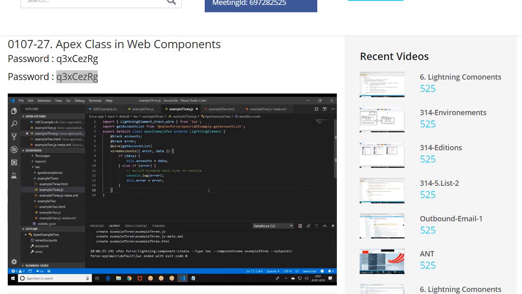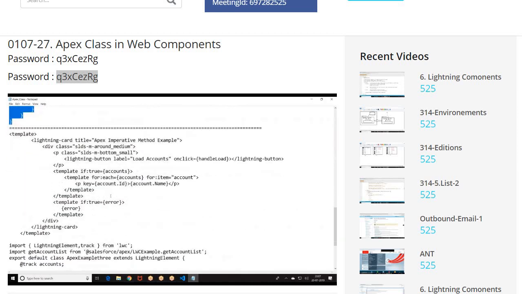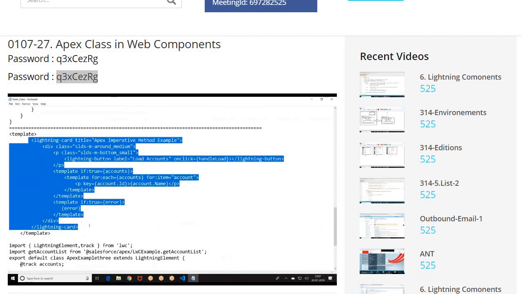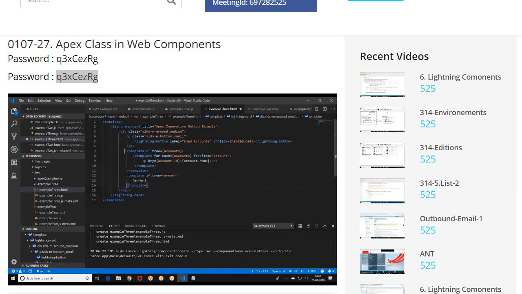Now, move on to the template. We want to create a template and display the data. Go to the template. The same program I have given earlier, but only one extra thing is kept there. That is, if data is there. The previous example was, if data is true, I told the functionality. Now I am giving, if it is not true, what to do also I am printing. The same story we have done earlier, but now, if error is there, what to do? One extra element is added again for the same program. Whatever program we have done previously to display the data. But here the story is,